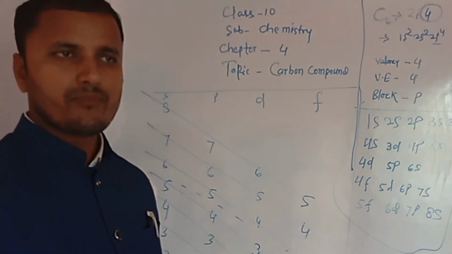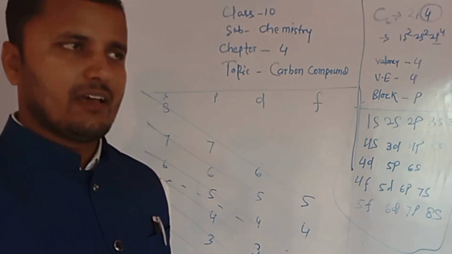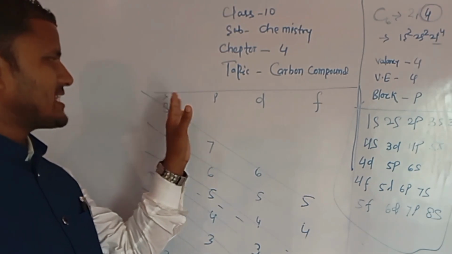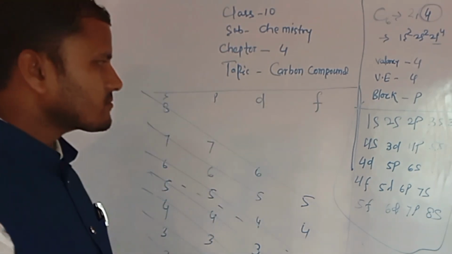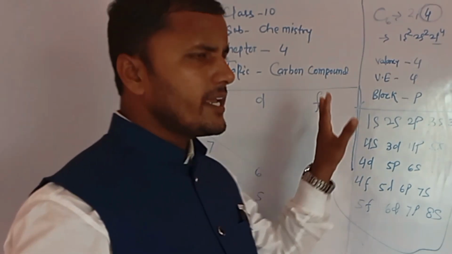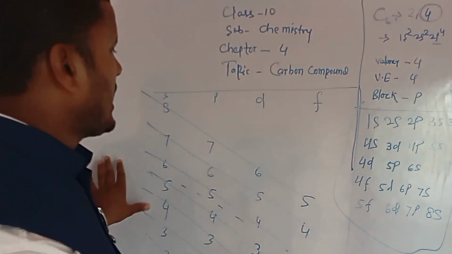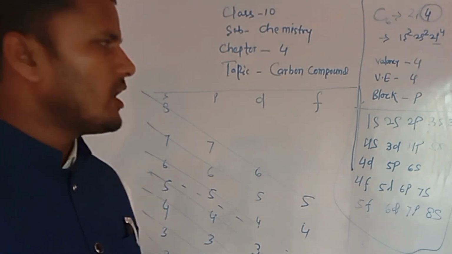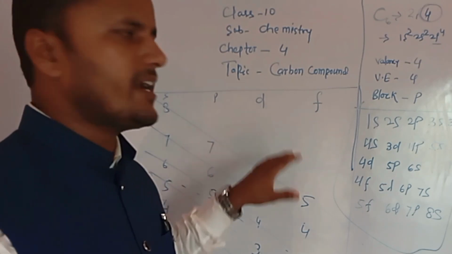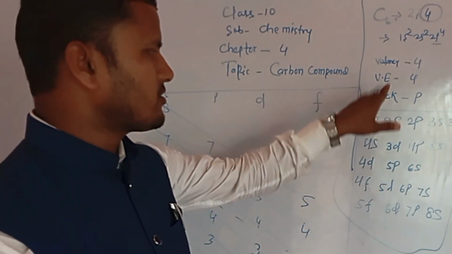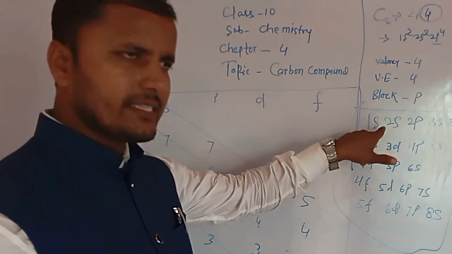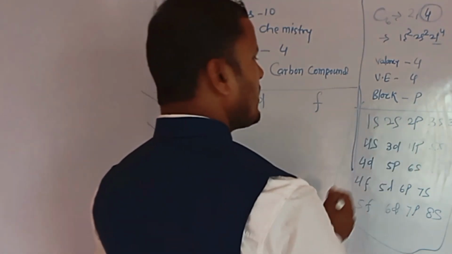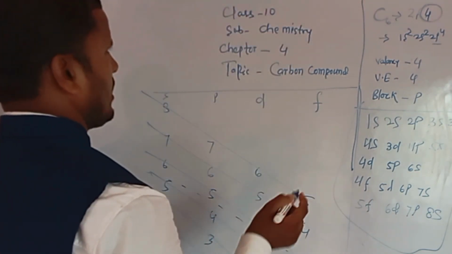Because in chemistry, all elements are lying in only 4 blocks. That is S, P, D, and F. In many examinations, we have to find in which block an element is present. So the block may be found by this rule. Understand? 1s, 2s, 2p. So we have to derive it for